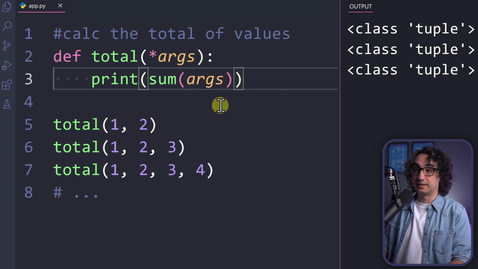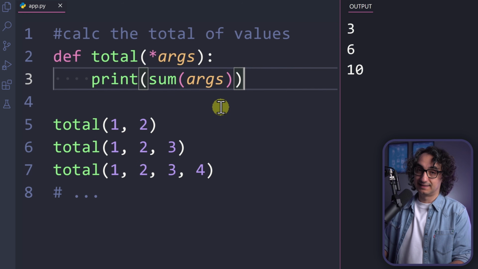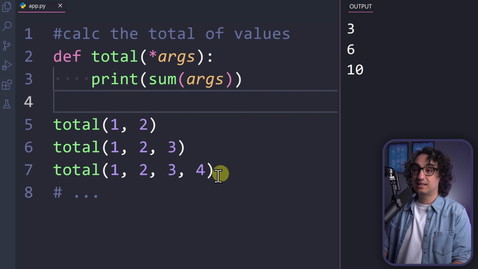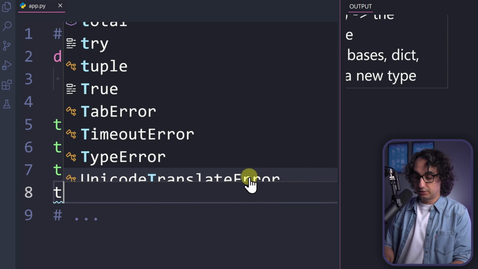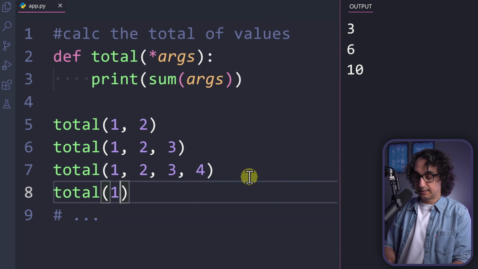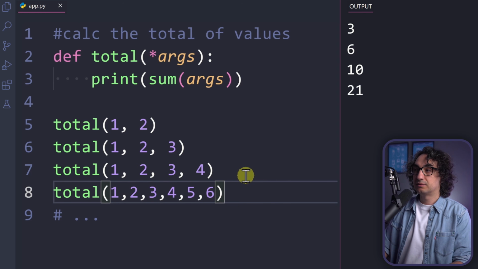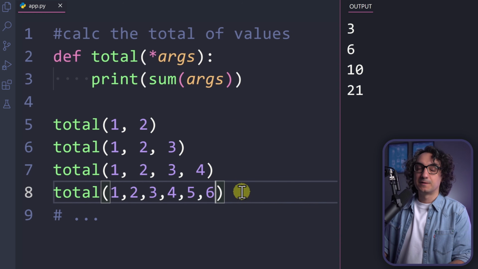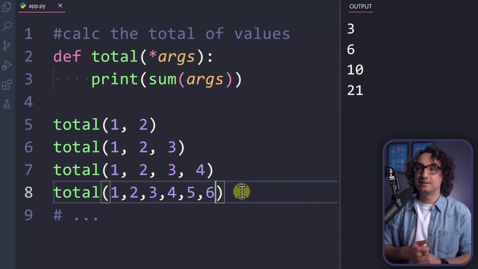It is very easy, right? Let's try this out and execute. Look at this. We are getting exactly the same results. So it looks clean, and as well, we can pass it any number of arguments. So I can say 1, 2, 3, 4, 5, 6. And if I execute, it's going to work without me extending the parameters. So my friends, it is totally flexible and as well clean.